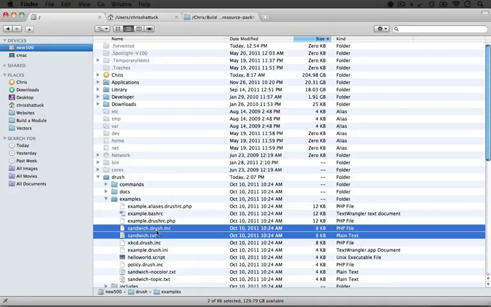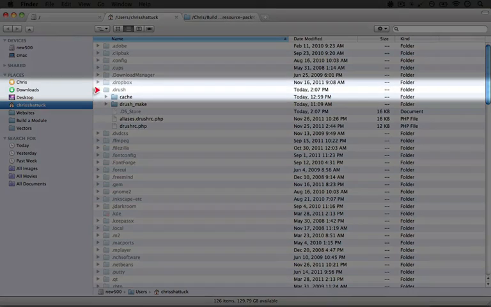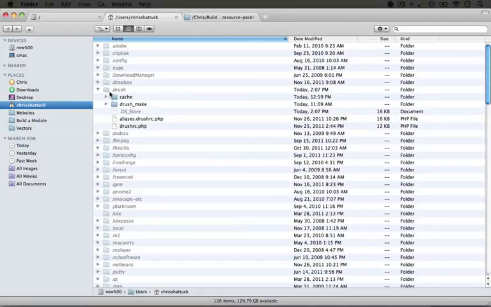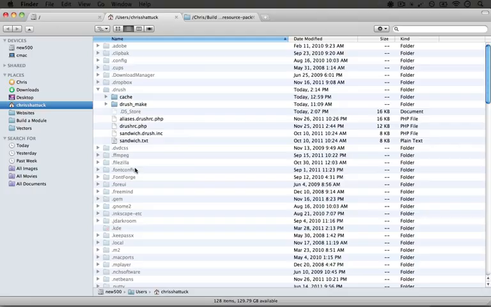Now, just like with our alias files that we worked with in previous videos, we can put these in a couple different places. We can put them in the base directory of our Drupal site, but we can also put them in a .drush folder inside of our user directory. And that's if we want it to be accessible across all Drupal installations. Let's go ahead and do that. So I'm going to navigate to that folder, and here it is, .drush. We already have drushmake installed, and we have our configuration files. I'm going to go ahead and paste this in here. Now, if we wanted to, we could create a subfolder for this sandwich utility, but we'll go ahead and leave it as is for now.